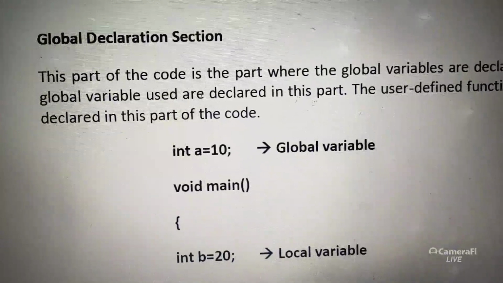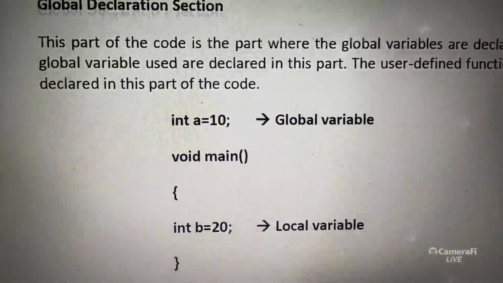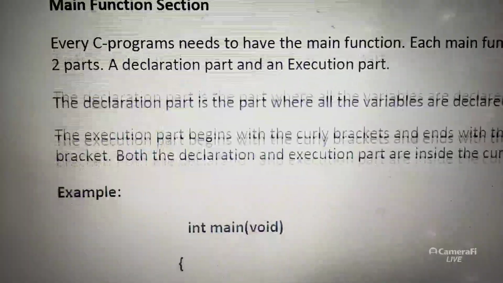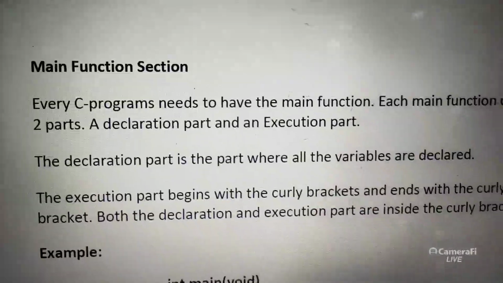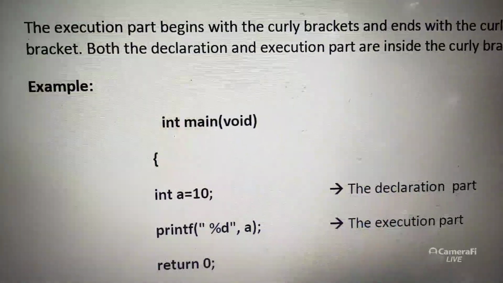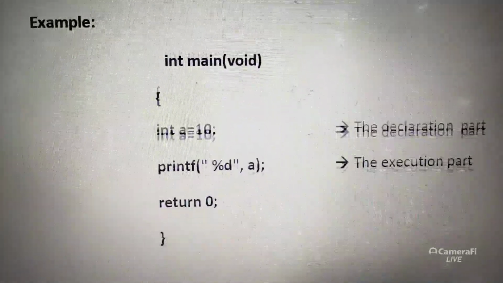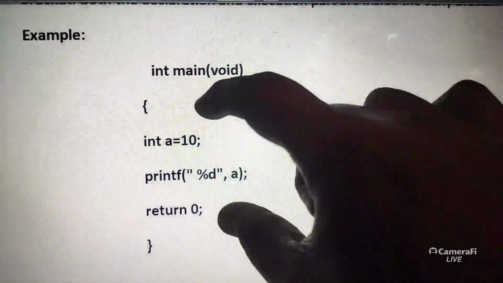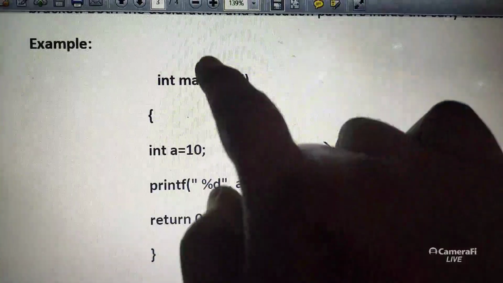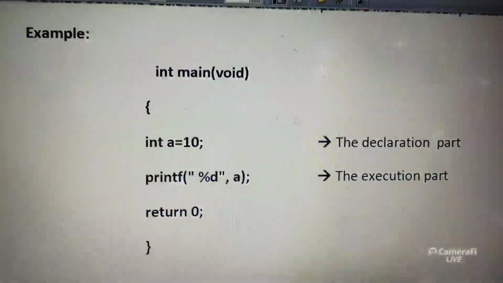There you can understand more. Okay, but anybody can use global, local only within the right area. Next, main function. Every program should have a function called main. Like mathematics, a group of statements will belong to the main. So from here it is going to start and end. So this full section comes under the main function.